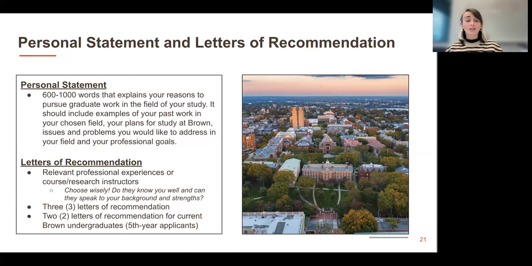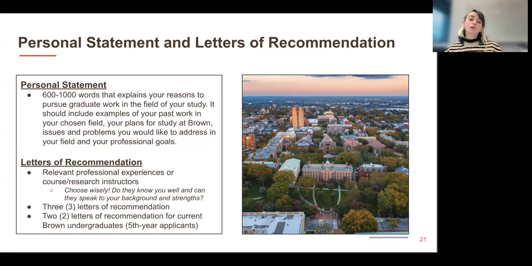So obviously we want to know a little bit about your personhood, a little bit about your journey becoming a graduate student, how you think that you'll be successful in the program, and why the program is the right fit for you. We get a lot of questions too, especially because we have a population of people who survived COVID and have gone through a couple of tough years. There are opportunities in the application to talk about some academic context, like health issues or gaps in your record, that might be more appropriate to talk about in those contexts.